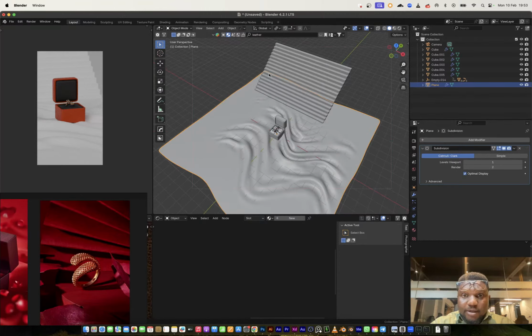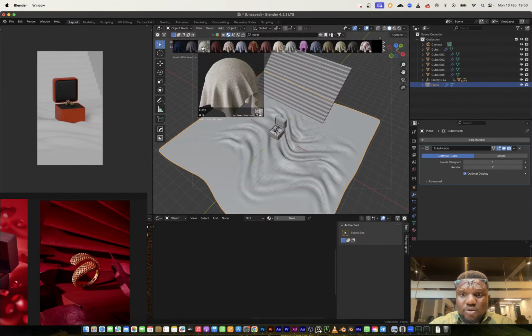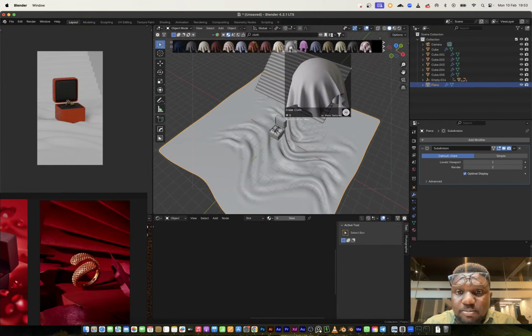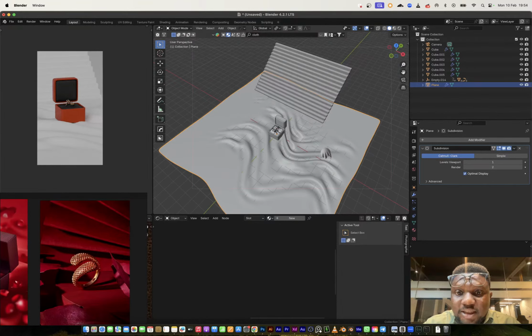I think I want to start applying material to our clothes, so I can check for cloth material on here. Let's see what we have. I don't want something overwhelming, nothing too much. I think this is cool, but I will have to tweak that color.